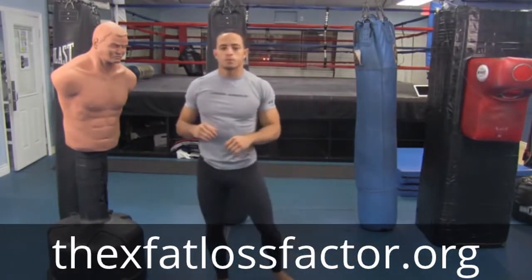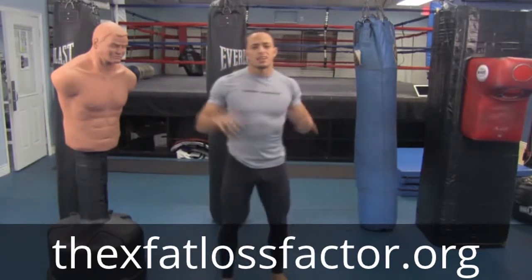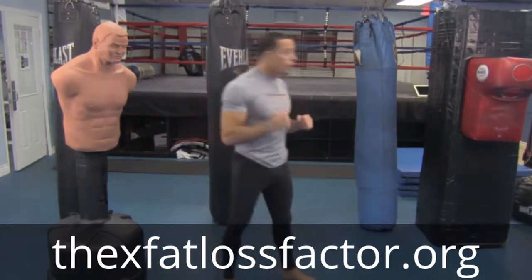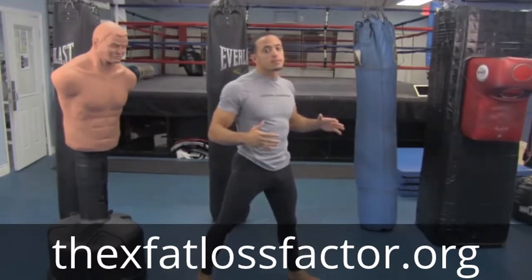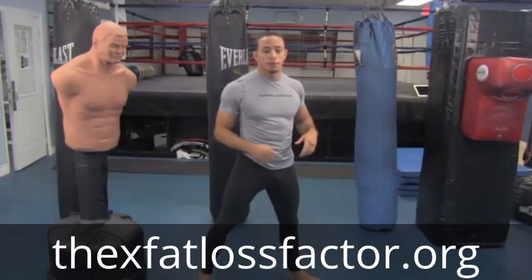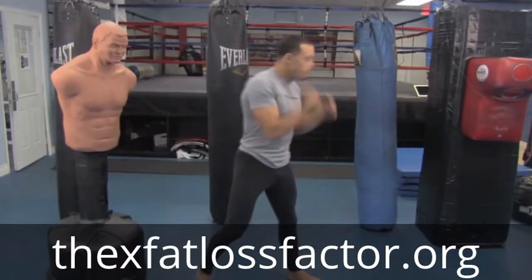It's very important. Okay, so let's go over a couple of details, a lot of little mistakes that people miss. One, when we throw this jab, you have to keep your right hand up. When you're punching somebody, odds are that they're going to want to punch you back, and we don't want to get hit. So when we throw this jab,